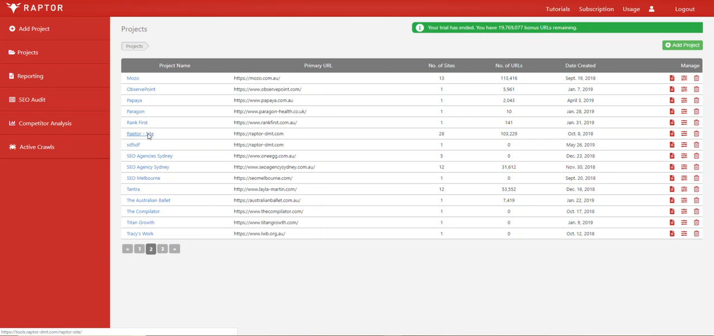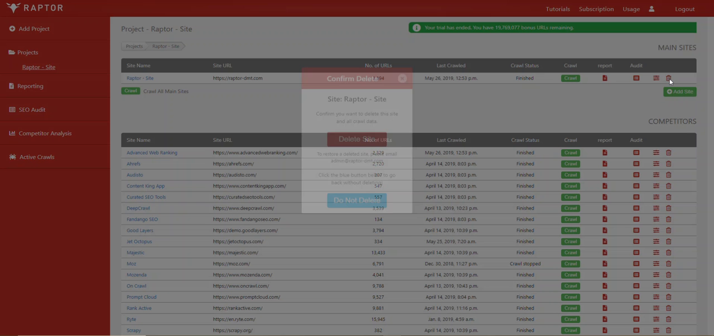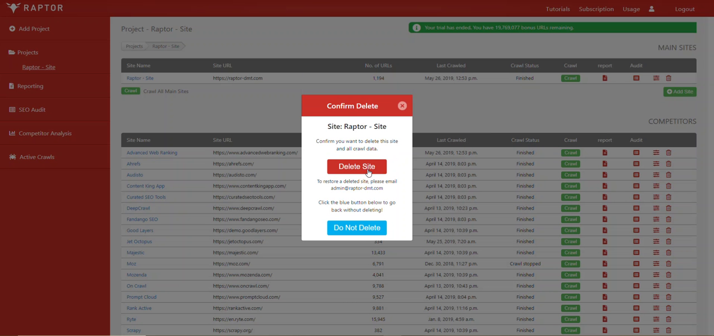Simply navigate to the project where you want to delete the site from, and you'll see the bin icon next to every site within a project that you've added. Simply click the delete icon and then select delete site, and you'll have to then confirm the deletion of that